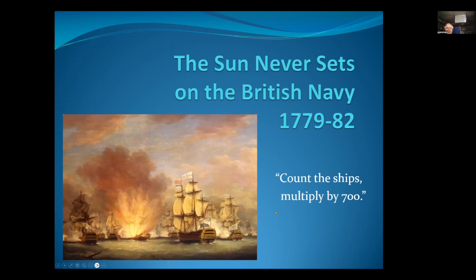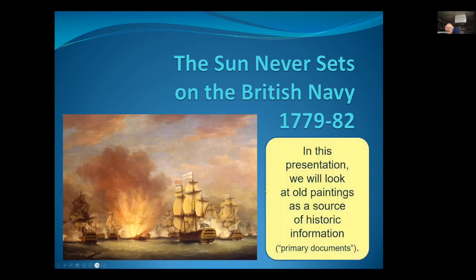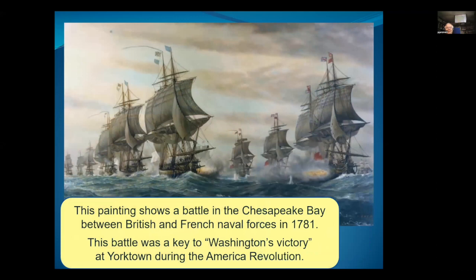And the ship that got blown up was a first rate ship of the line, which meant it had 700 people on it, give or take 100. We're going to look at some of these old paintings as a source of historic information. You could call them visual primary documents if you want. And again, when I was teaching in New York, where the historians just loved primary documents that were somebody's handwriting, I was sort of tweaking their nose a little bit with that to say, a painting can be a primary document too. So here's a painting of the Battle of the Chesapeake Bay between the French and the British forces